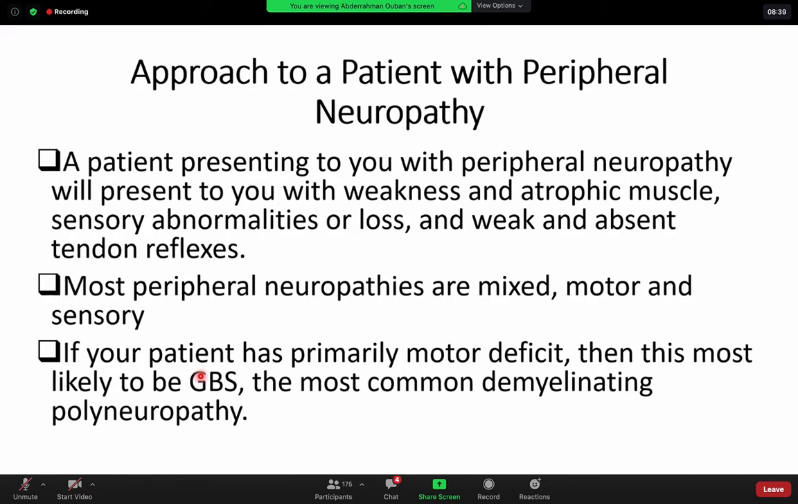The reason for this is that you may actually save the patient's life with your prompt diagnosis. GBS could be very progressive on a very short time frame, simply resulting in respiratory paralysis in just a few hours and killing the patient if you don't pin the diagnosis. All right, but again, most of the presentation is going to be a mixed bag, if you will, sensory and